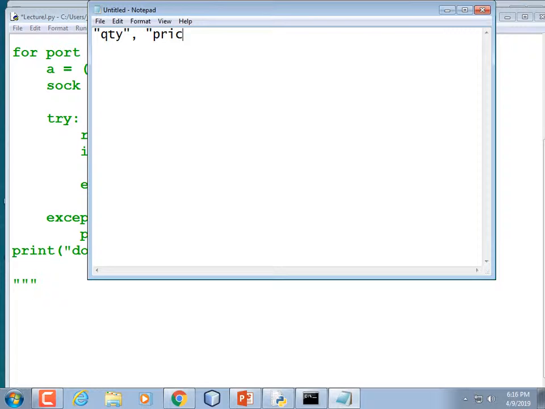The second one is going to be called price, and the third one is going to be called total. We're not going to fill in the total, but we are going to fill in the quantity and the price. Let's add one more header. This is going to be the product, right? So product in quotes, comma, and you don't have to type all this in. This is just demonstrating how to import something into Excel that is comma delimited or tab delimited or